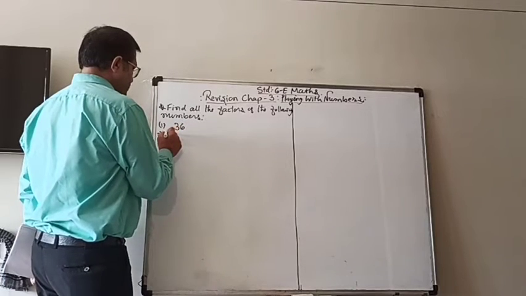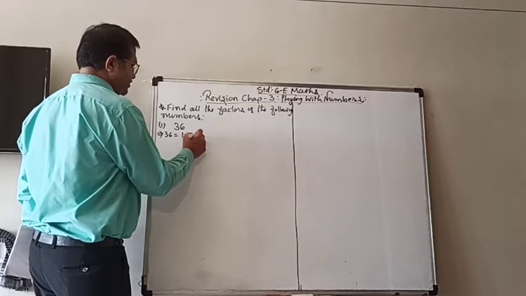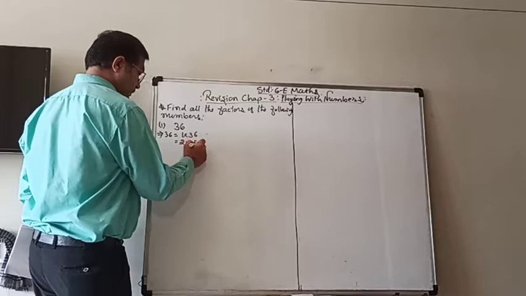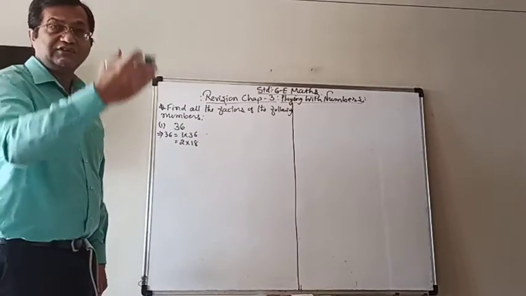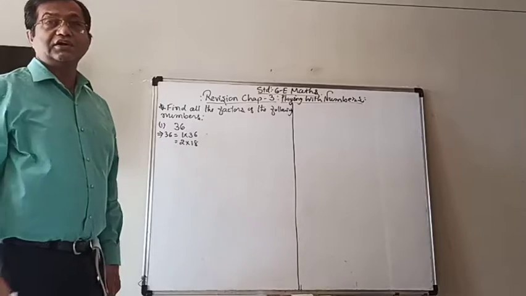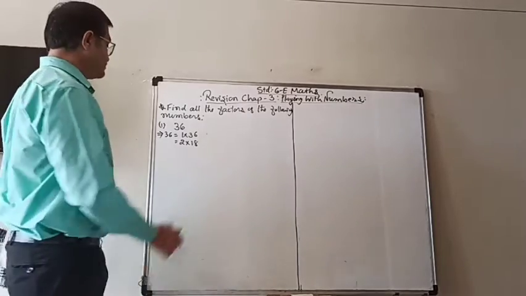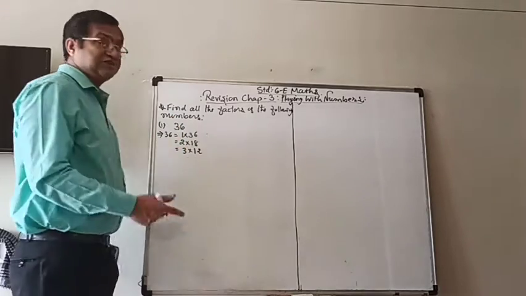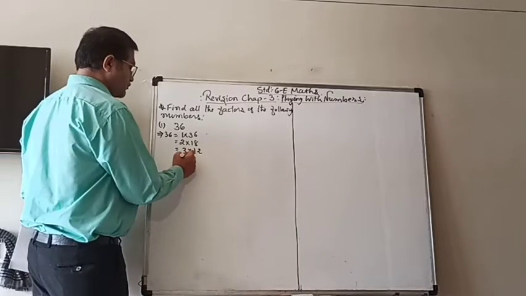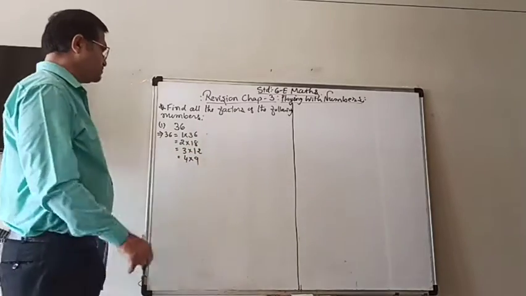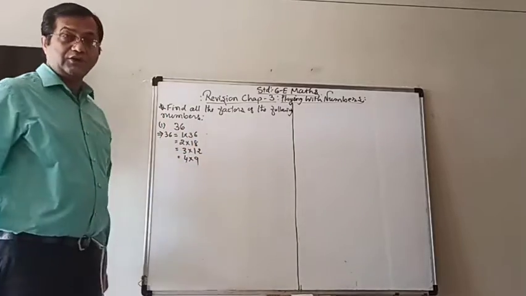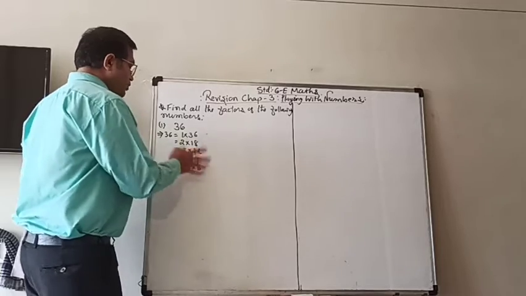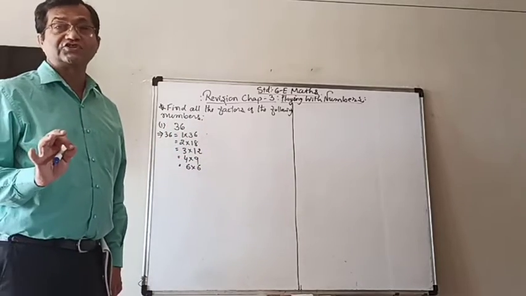For example, 36 is equal to 1 multiplied by 36, then 2 multiplied by 18 also. Start with the serial number so that none of them can be missed. Now check if it is divisible by 3. Yes. 12 3s are also 36. 4 9s are also 36. It is not divisible by 5. 6, yes. 6 6s are 36. Now both are same. It means that no more factors will be there.